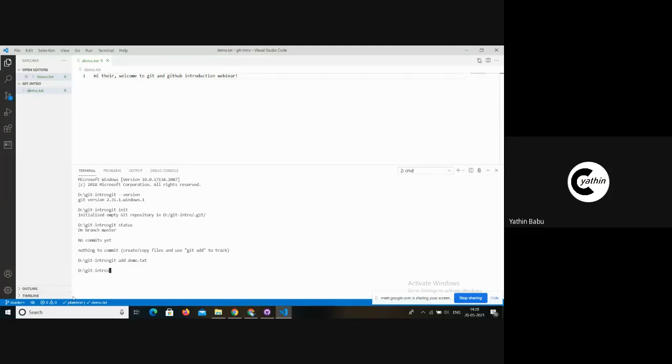Right now, as you can see here, it changed from U to A, which means it has been added, but it is still not part of the Git repository. Whenever we add a new file, until we commit it, meaning make it a part of the Git repository so that the VCS can track the changes happening within the entire software, that won't happen. Let me just commit it.